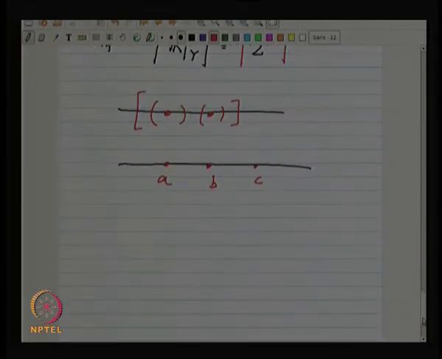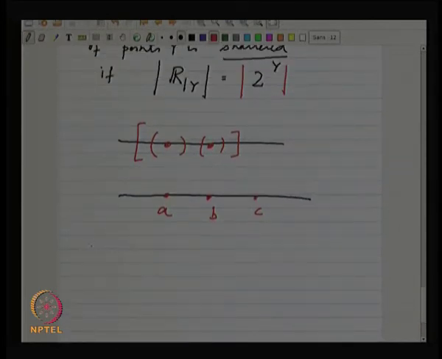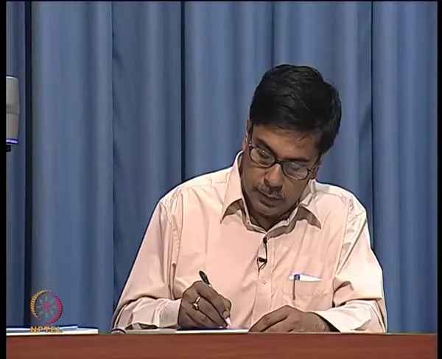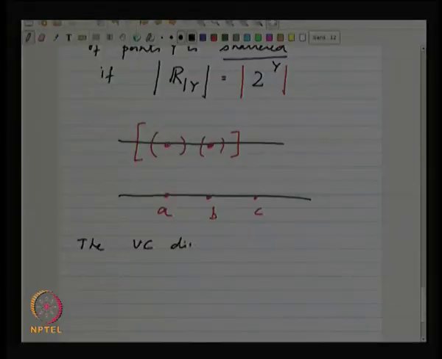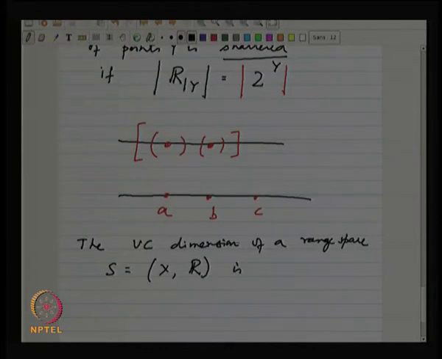So that's what we are looking at. This is basically what leads us to the definition of the VC dimension. The VC dimension of a range space (X, R) is equal to delta if and only if